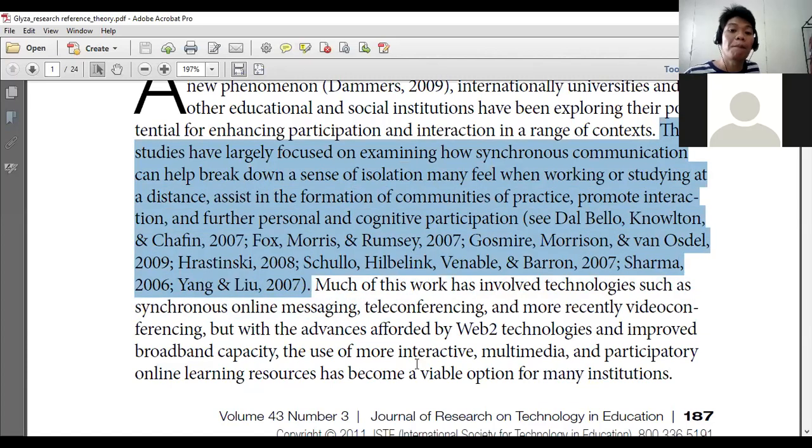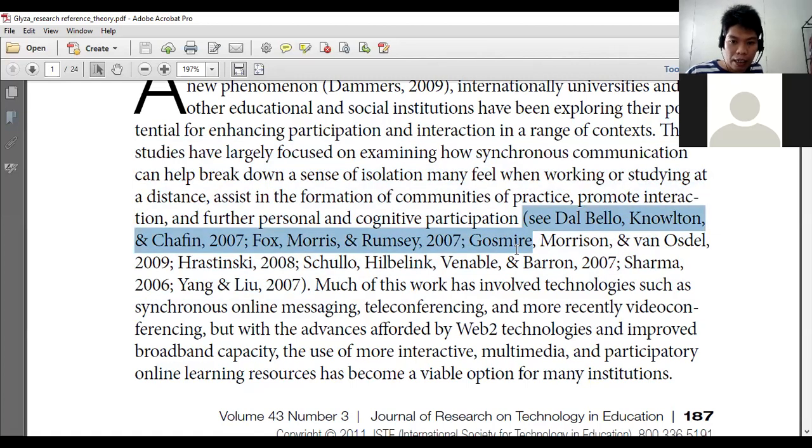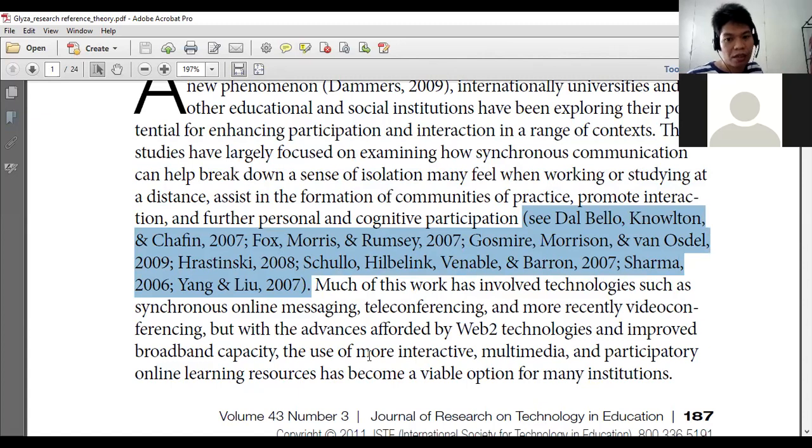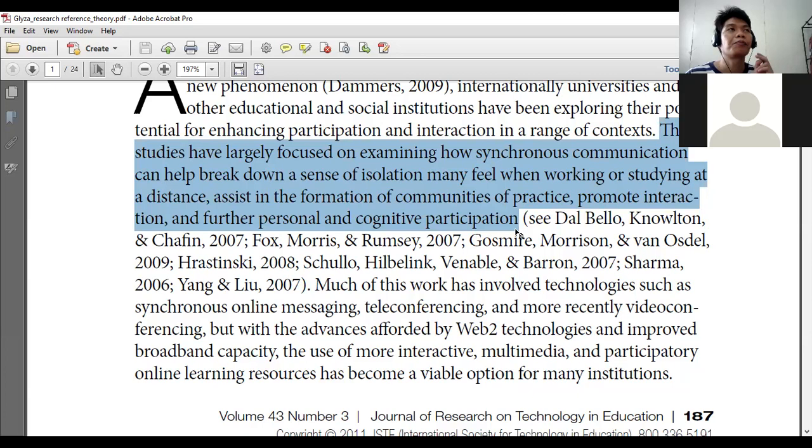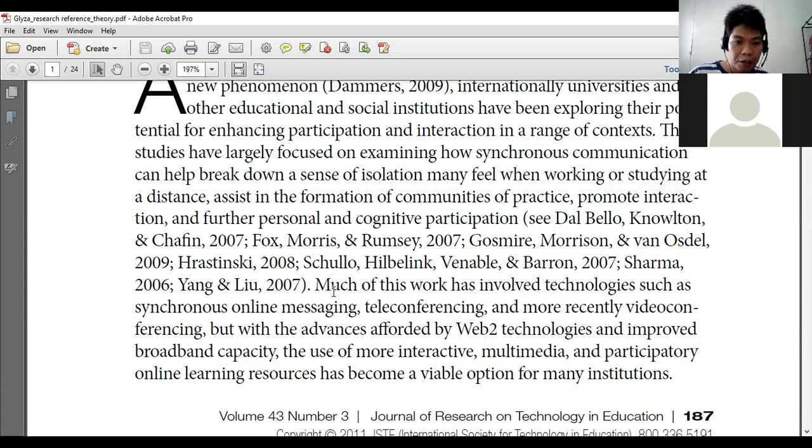So this one is an example of meta-analysis. As you can see, in the in-text citation, there are many authors. There are two possible reasons why there are many authors in one citation. Either these researchers used this source in their research article and it is just their secondary reference.